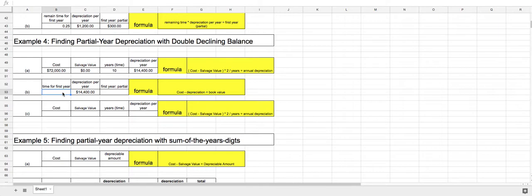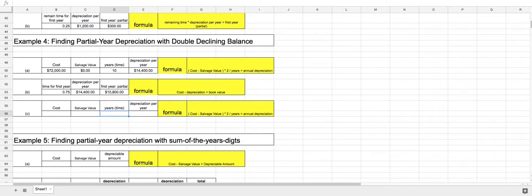We need to divide this out like we did in the previous one, in a fraction. So equals 9 divided by 12, and we get 0.75. Again, this was installed in April, so we're taking April to the end of the year, which gives us 9 months. So the first year partial depreciation would be